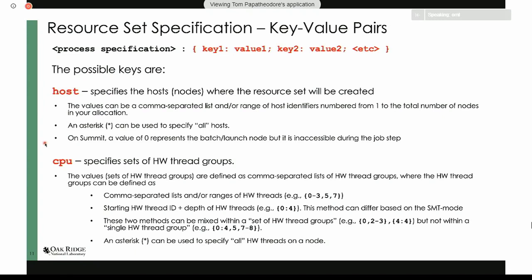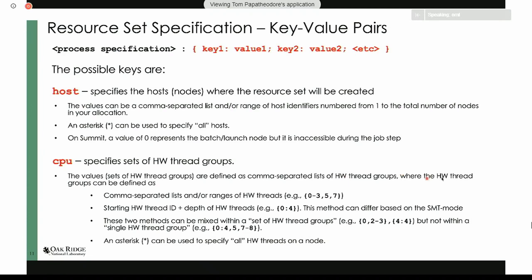CPU. CPU is the key that you use to specify the hardware threads you have access to. So the value here is actually, you're going to specify a set of hardware thread groups. Okay, so hopefully that will become clear as I continue. The values, or these sets of hardware thread groups, are defined as a comma-separated list of hardware thread groups,